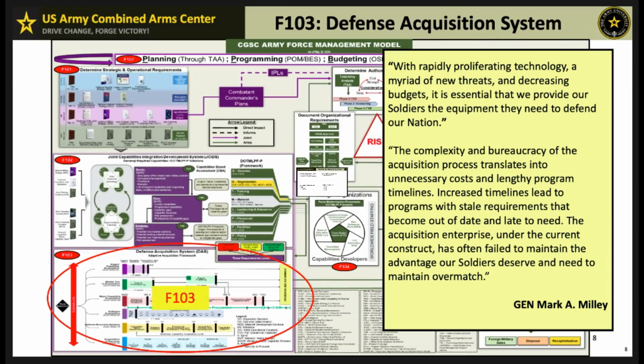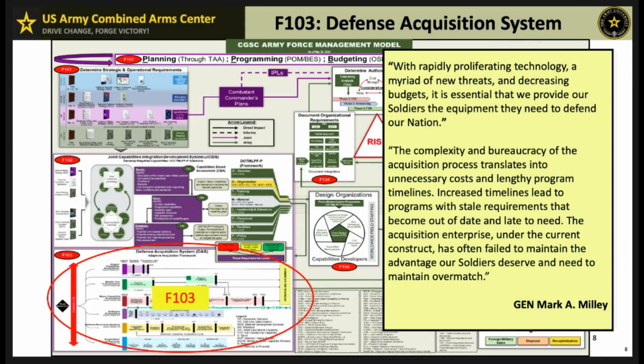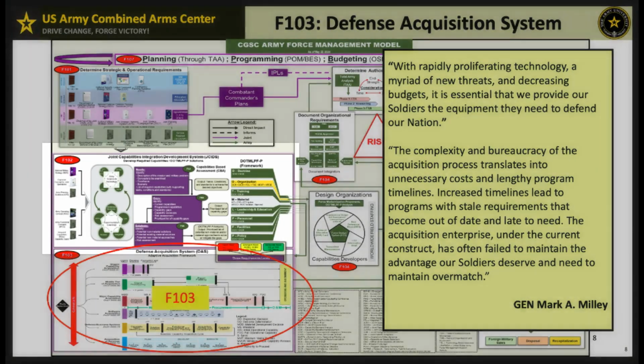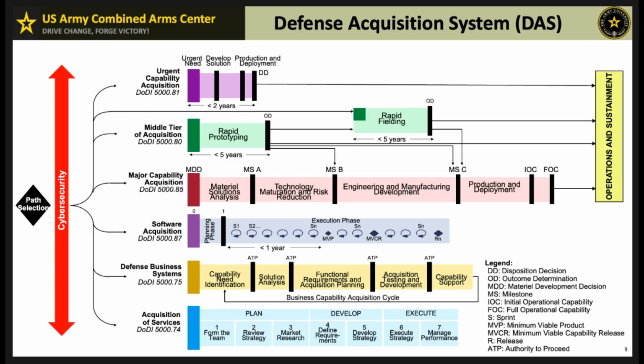Take a moment to consider how we learned about national, joint, and service strategy and operating concepts during F101 and how these things give us the requirements that are analyzed and developed during the JSIDS process in F102. Validated material solutions bring us to DAS and its processes. This diagram depicts the 6 DAS pathways and the general purpose of each.